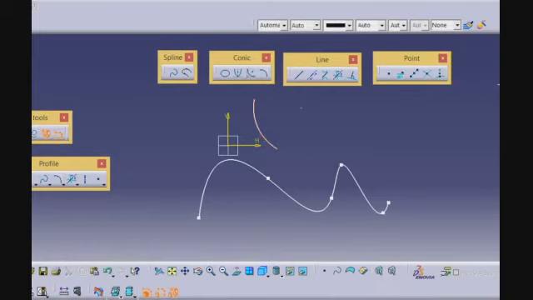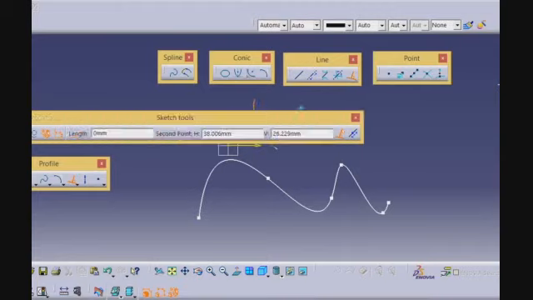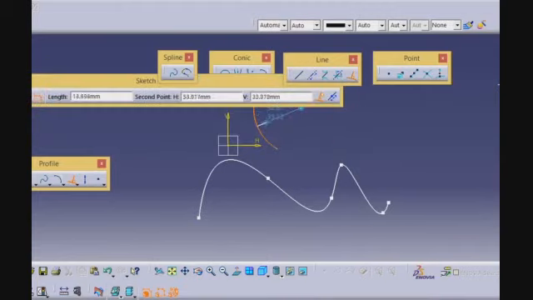I will select the arc. I will create a line normal to curve.